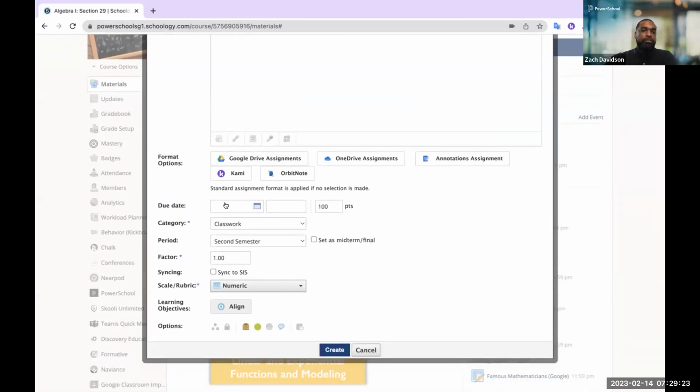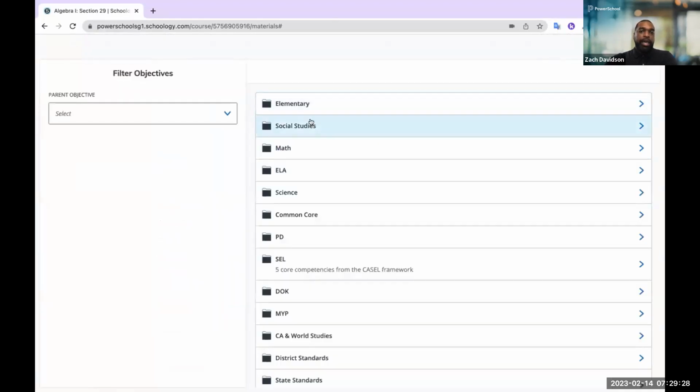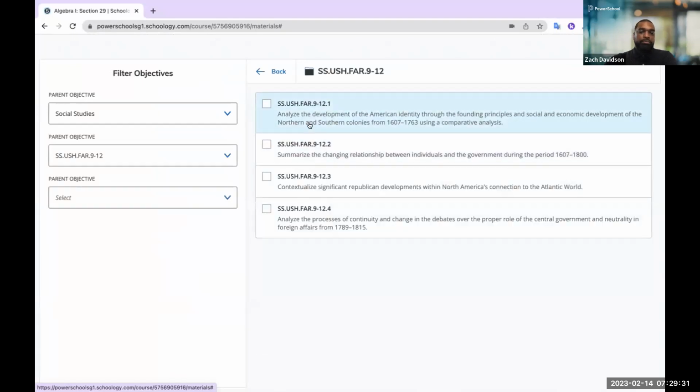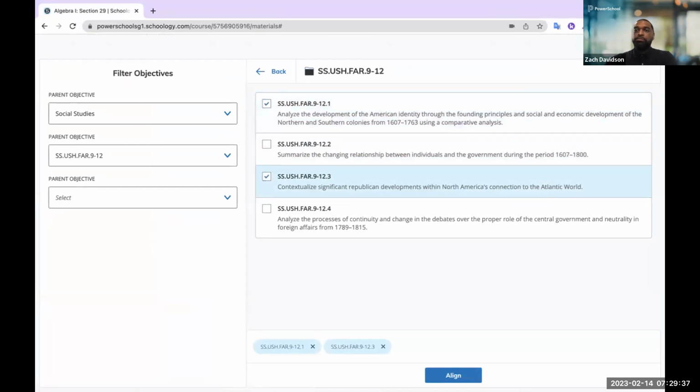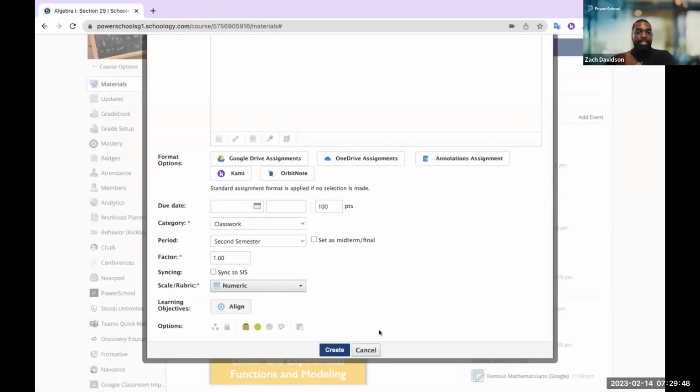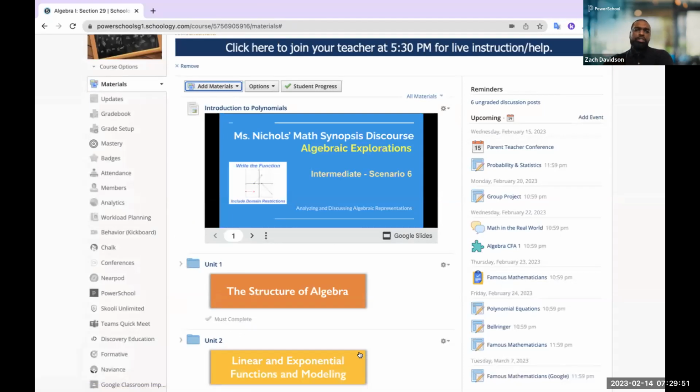Now, additionally here, there are a lot we can do. We won't go through every single feature in this example, but you can note here that we can align course material that we're creating back to the standards that are most relevant to you. All of your state standards or any sort of custom learning objectives can be imported into the platform during implementation, so that as a teacher, when I create a homework assignment and align it, or a test or quiz, I can align that back to the standards as well. And so outside of the numeric grade, we'll talk to the fact of building course material that is seeing and understanding student performance against the mastery standards and the state standards as well.